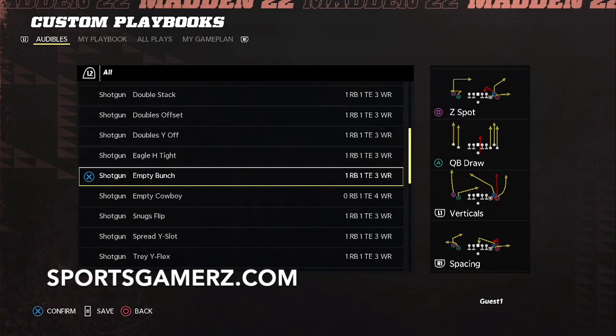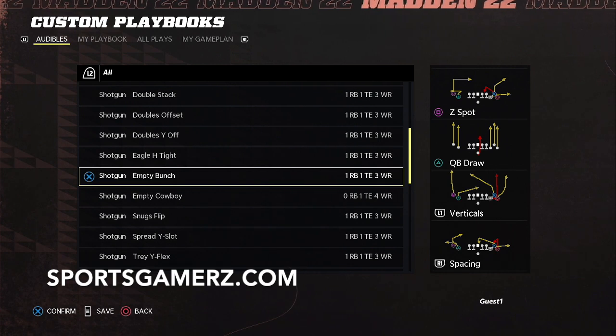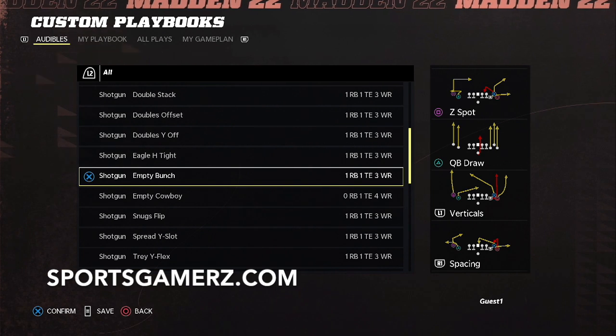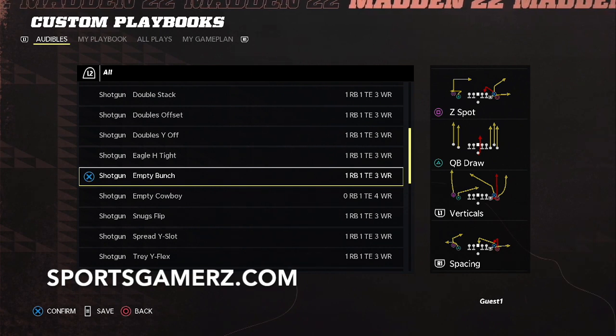So those 3 top-notch formations, when you mix them together, are going to be a top 2 playbook in the game, period. I don't care if it didn't have any other formations in the game. Just those 3 formations alone are putting it in my top 2. And the reason for that is all 3 of those formations have pretty much all the plays I would want